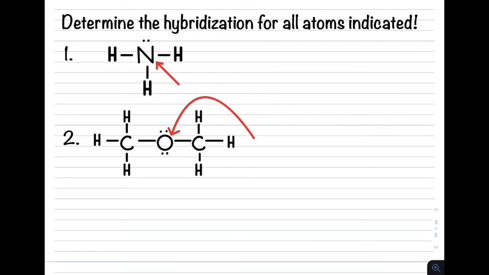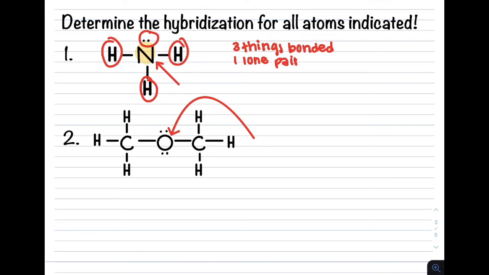Okay, so here are the next questions we're going to do. Pause the video if you'd like to try these questions on your own. Otherwise, let's start going through them. Okay, so for the first question, we see that the atom indicated has a lone pair. Now remember, lone pairs are also considered groups. So we see it has a lone pair, and then it's also bonded to 3 things. So the 3 things plus the lone pair, that gives us a total of 4 groups, and so we have